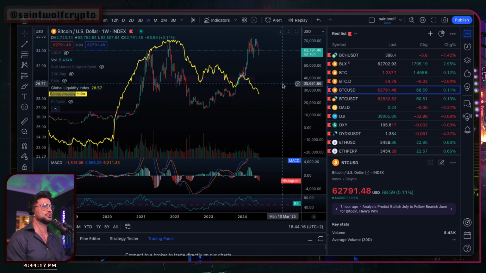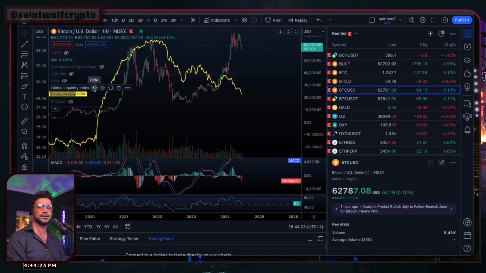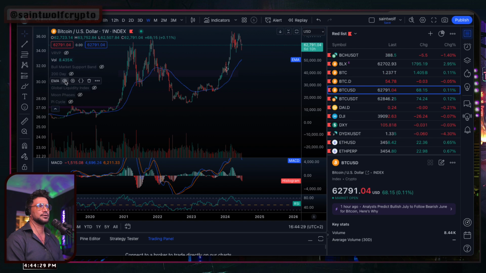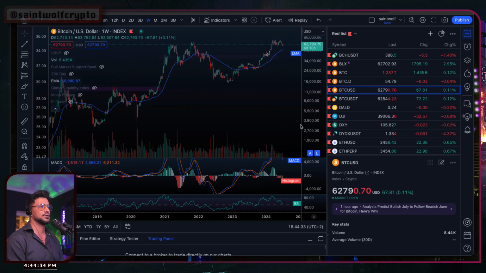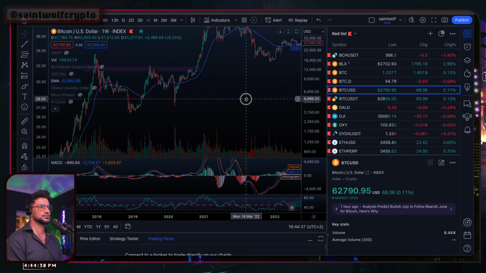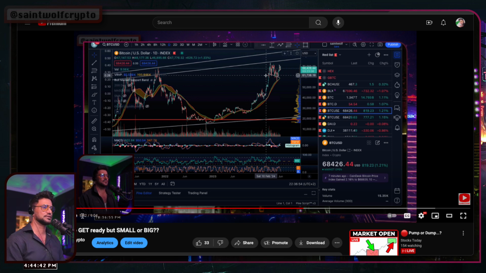Now, I also want to show you the EMAs. Now, once again, you guys can turn on the Global Liquidity Index at home and follow it. You guys should. It's definitely very cool. This is the 52-week EMA on Bitcoin, okay? And this is a beautiful way to look at the price of Bitcoin because they have a really wonderful, close relationship, okay? And really quick, before I show you that, I'm going to just play like 4 seconds of this video.